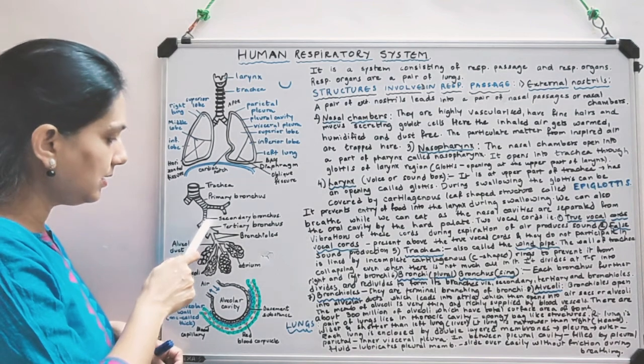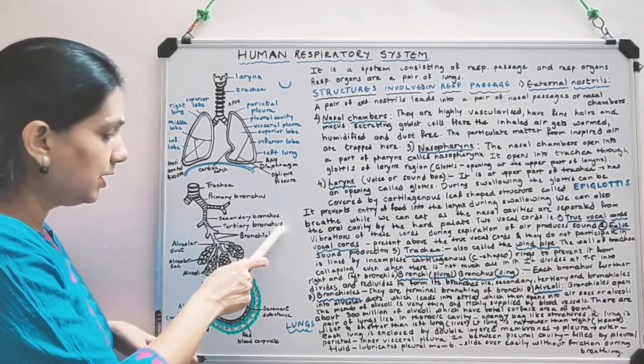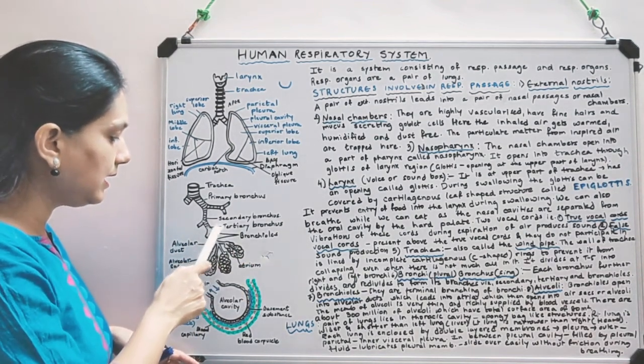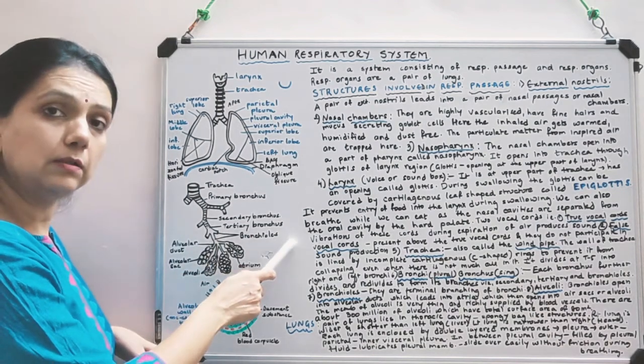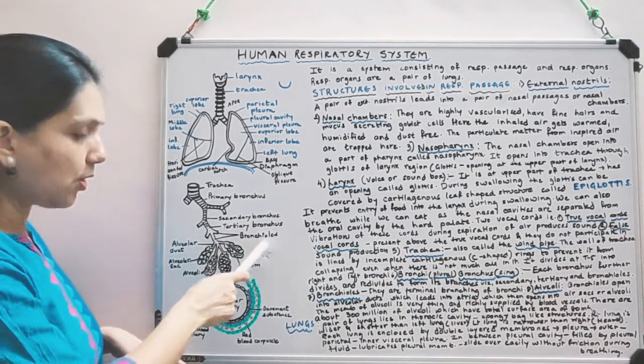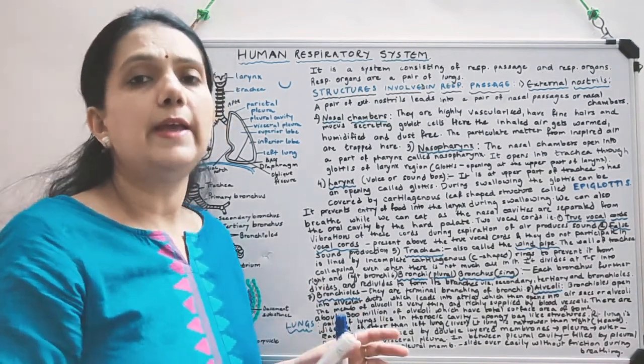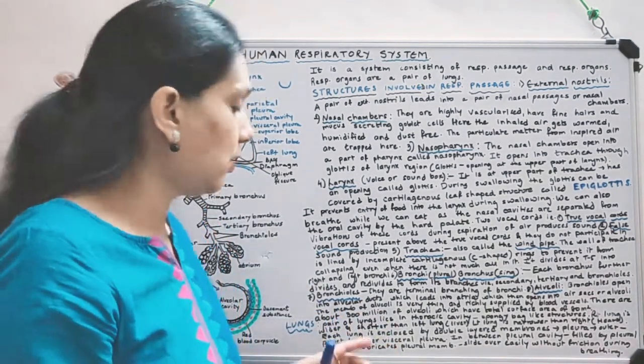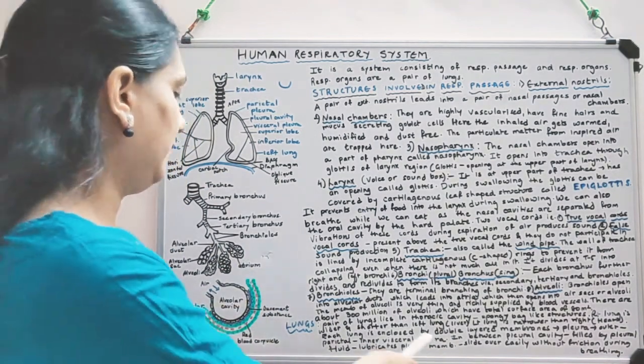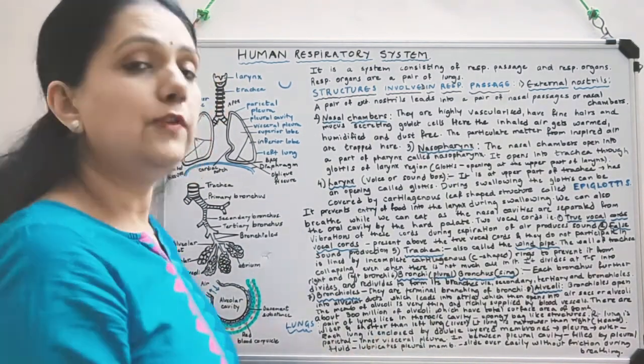Now secondary is again dividing, that becomes tertiary bronchus, and it still keeps on dividing, and that is the bronchiole. Now that bronchiole at the terminal end would be called terminal bronchioles, and they will have the alveoli